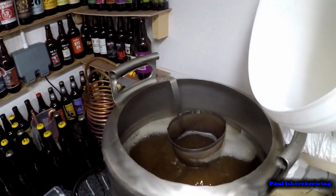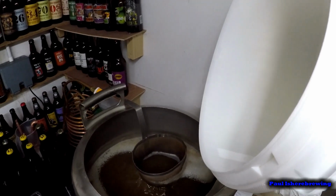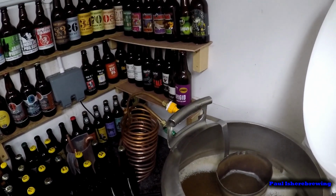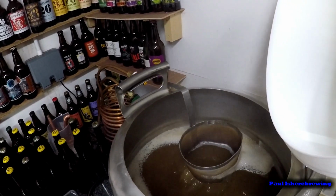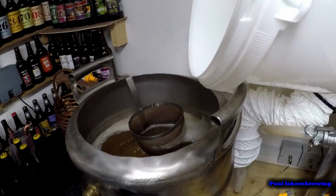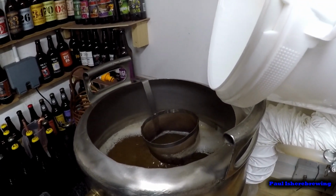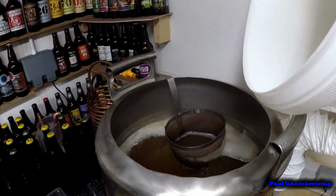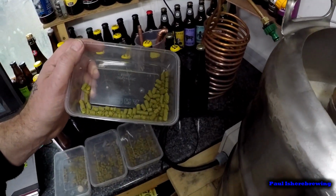Up to a boil. Hot break is now subsided. Probably will crank that a little more. Get a bit more vigorous, hopefully you're not steaming up. Probably go a bit more. It's not my usual boil. Right, 20 grams of Chinook,